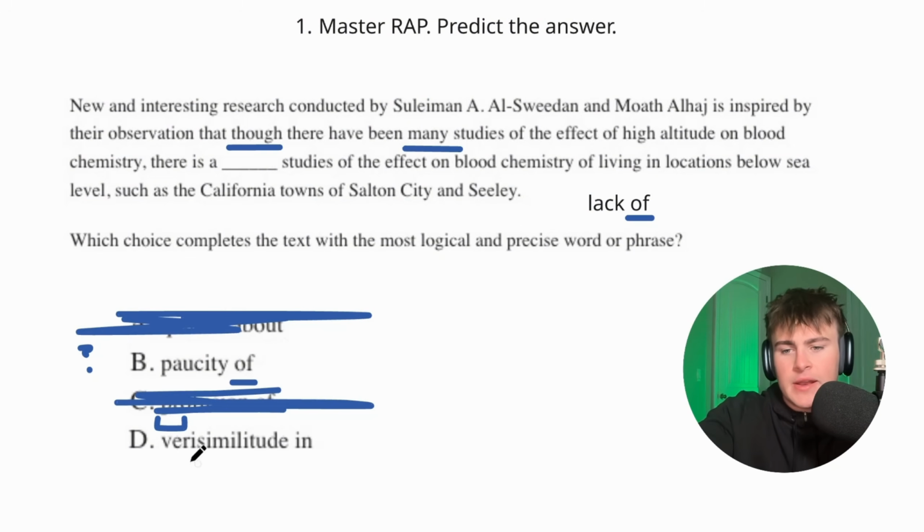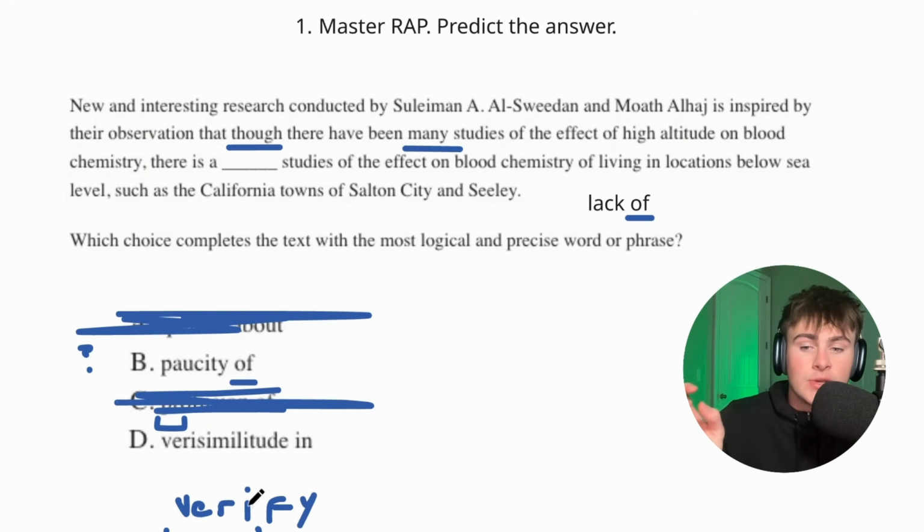Verisimilitude, if that's how you pronounce it. I think of verify because it has the same root there, right? So verify is something to do with being authentic, sort of. So I would assume that verisimilitude has something to do with being authentic, because you have the same root there, vera. So you see what I just did? I took a common word that has the same root, and I basically applied the meaning of that word to this word because they share the same thing.